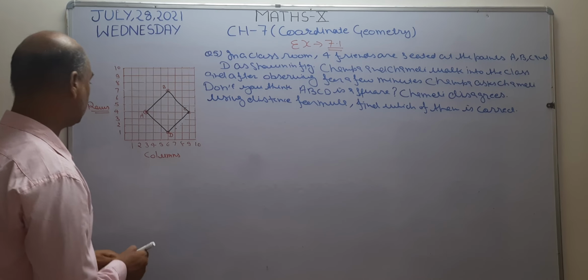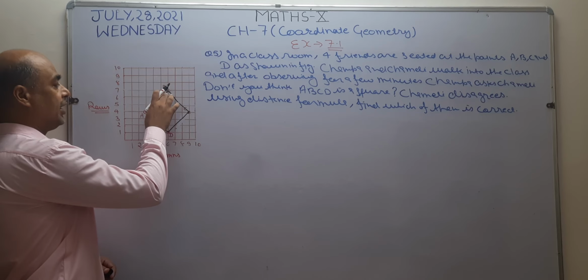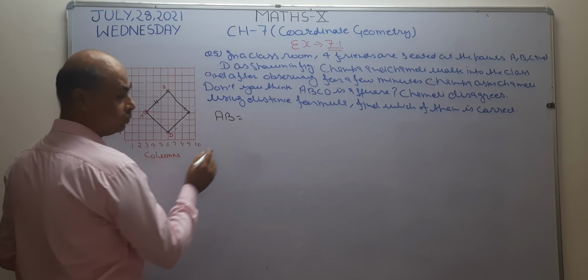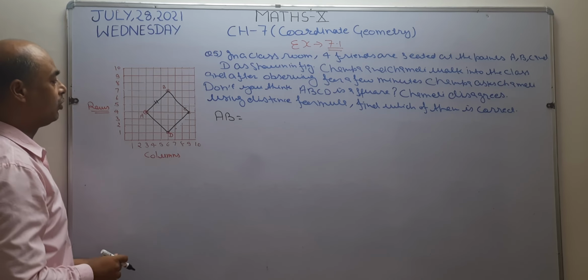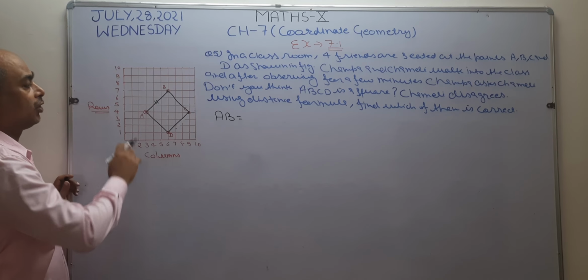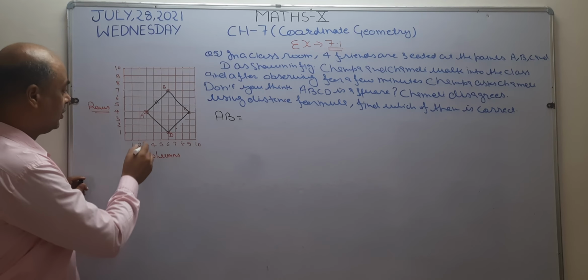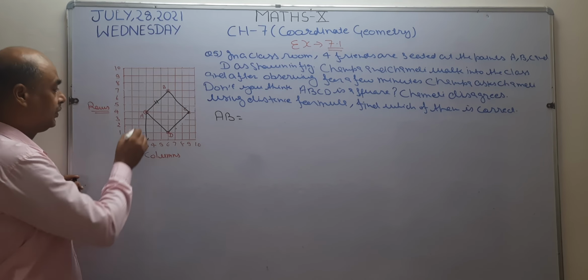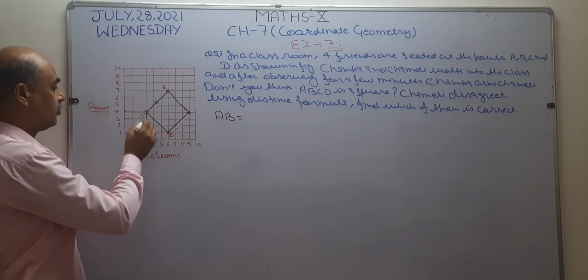Okay. Now, first I am going to find the side AB. To find side AB, I want to use the distance formula because this is the distance between two points. First, I want to find the coordinates of all the 4 friends. Now see, first I want to find the coordinates of A. See, this is your x axis and this is your y axis. So the coordinates of A become 3 and 4.